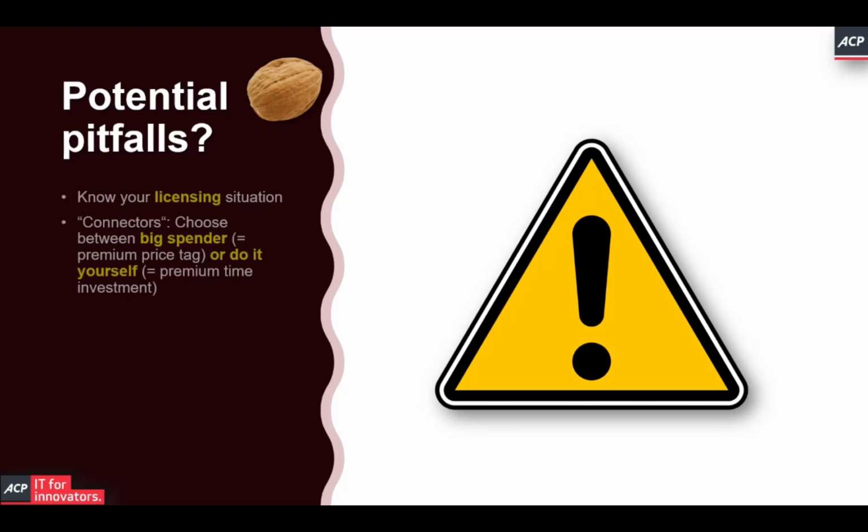The second thing is that's a typical dilemma you have in Power Automate. It's all about the connectors. And you always have that choice of whether you want to go with the big spender approach or the do-it-yourself approach. If you have a fairly decent licensing situation where you can work with HTTP requests, you can have custom connectors in there and so on and so forth, then you can basically build everything from scratch. But of course, that's going to take more time and might be more prone to changes because, at the end of the day, very complex flows are not that easy to maintain.